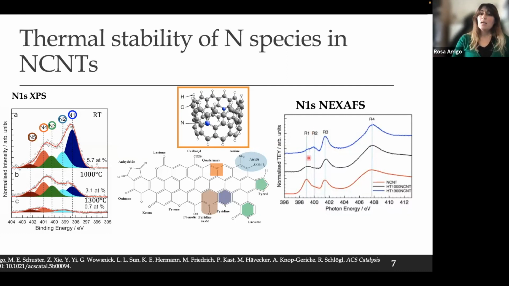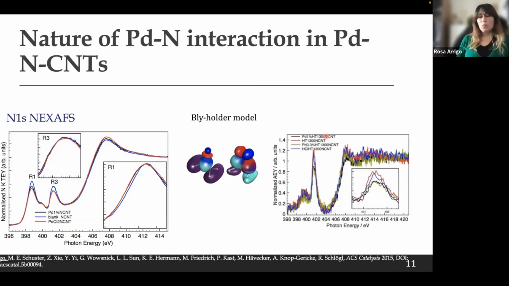Here you can see again that the starting material has a resonance for pyridinic, for NH groups, and for quaternary nitrogen. And by the way, the nature of this quaternary nitrogen is still under debate. Anyway, we can see that the resonance of the quaternary nitrogen is higher for the thermally annealed system. So what happens when we put palladium? As you can see here, the resonance of the pyridinic nitrogen and the quaternary nitrogen goes down upon immobilization of palladium. This is consistent with the direct coordination of palladium to nitrogen according to the Blyholder model,